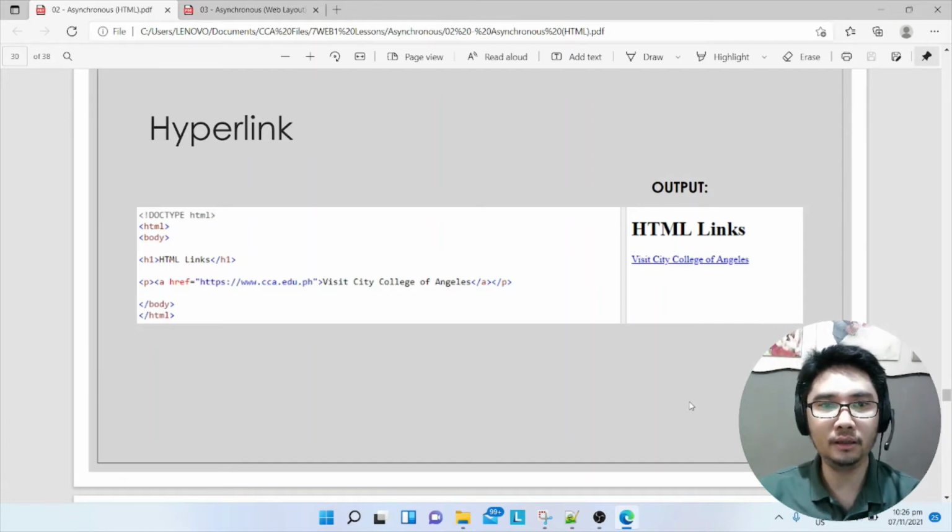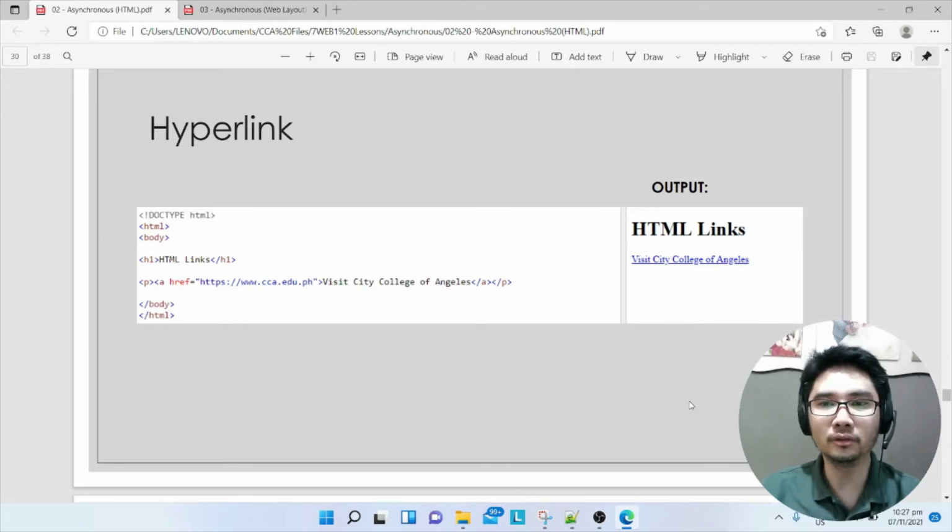Last meeting, in our asynchronous lesson, what we discussed was all about lists. So we have done lists and then text and character formatting. How do we change font? And then we also discussed how to place or put a break and then a horizontal rule. So basically, what you have done in your first activity is you have implemented your first web page resume or curriculum